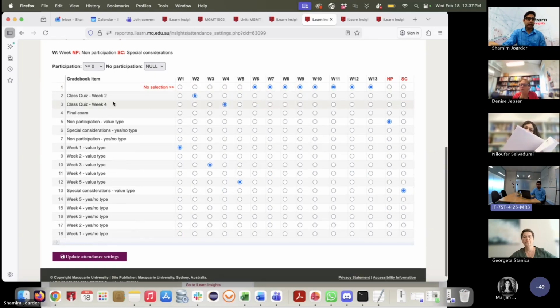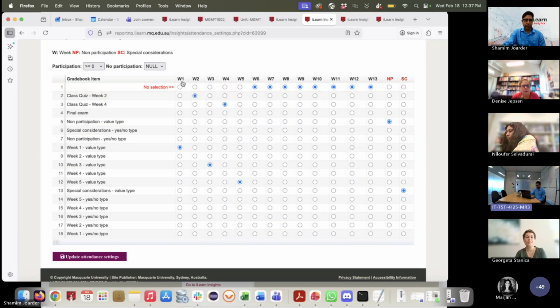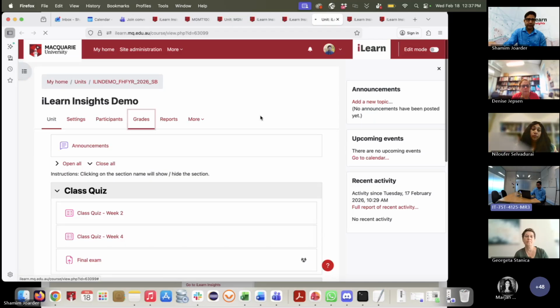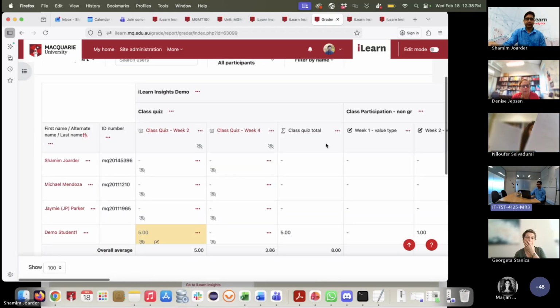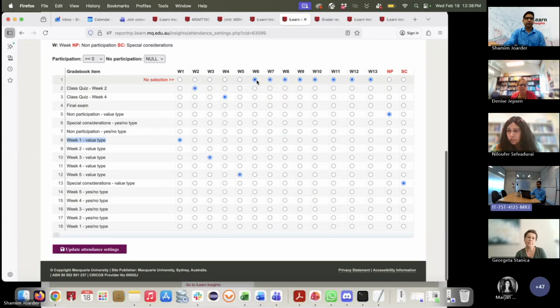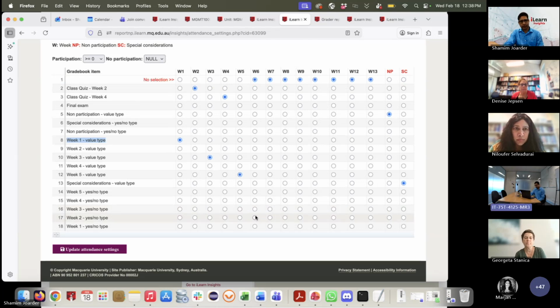Next important thing, which are the gradebook item I want to use for the participation for which week. So week 1, I am saying that use this particular gradebook item. Right? So when I'm saying gradebook item, if you go over here, if you go to grades, it is picking up everything actually from here, right? All your gradebook item over here. So if you come over here, so this one, for 2, I want to use this. For 3, I want to use this. For 4, and so and so, as you can see. So 6, I don't want to use it, right? But if you want to use it, select which one you want to use for week 6 and so on,